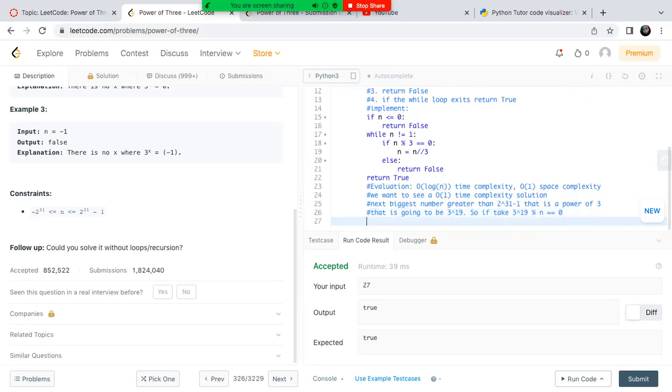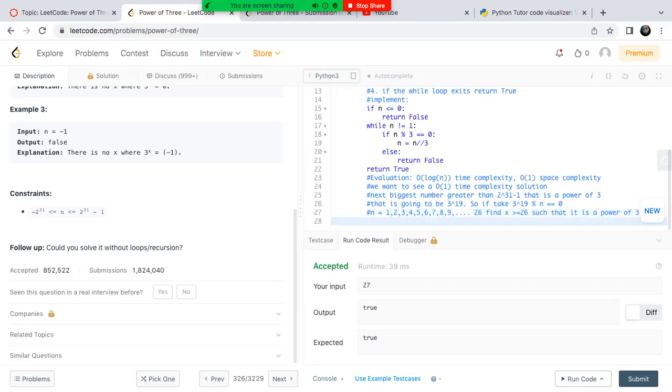So if we go into the intuition of this, say we have the numbers 1 through 26, and n is in this range, then we want to find the next biggest x, greater than or equal to 26, such that it is a power of 3. And then if we divide